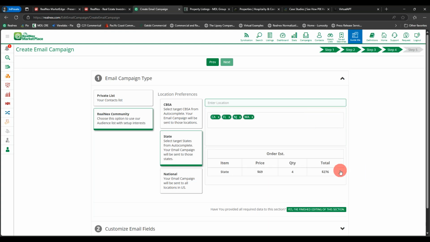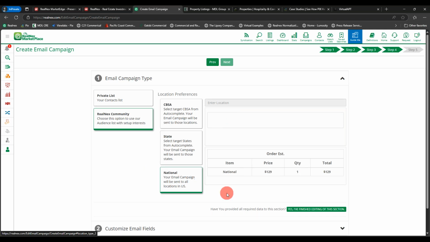But you know what? That's $276. It's getting a little high. What you're going to want to do then is come over here and hit a national blast. And for $129, you hit the whole nation. So again, we're trying to help you generate more deals and eliminate redundancy so you can make things faster, easier,